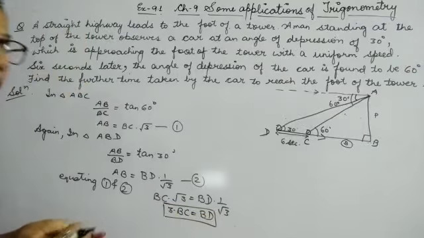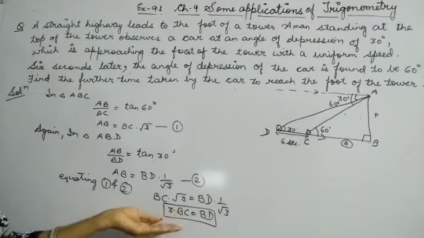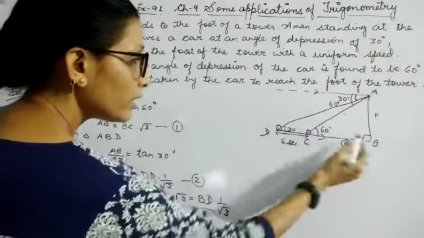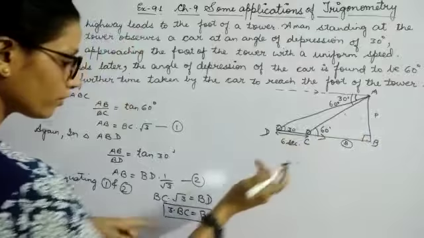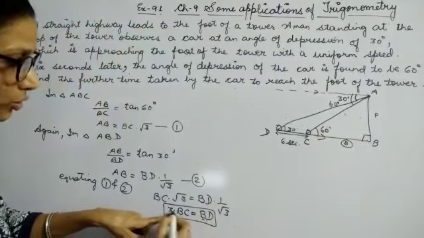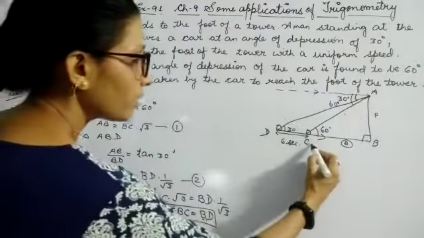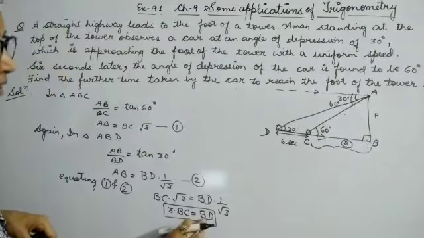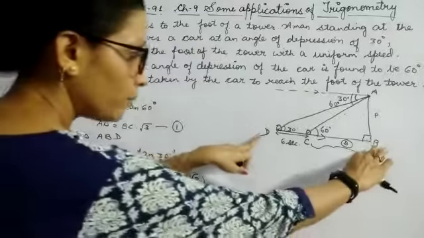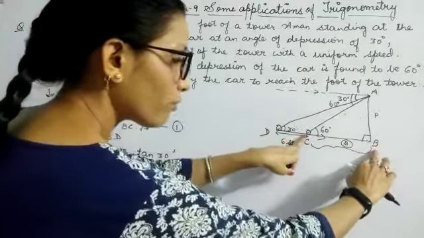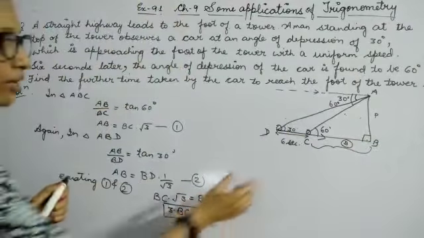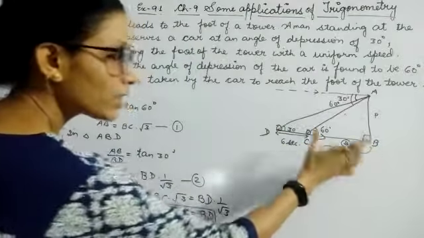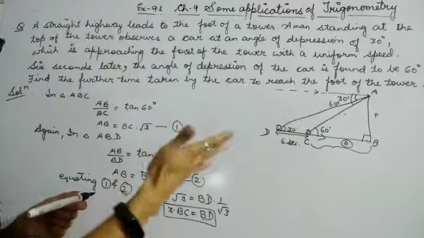Now children, what conclusion can you make here? It is given BD is thrice of BC. That means whatever is this distance, your BD is thrice of it. BD is thrice of BC. That means if he covers CD in 6 seconds, then BC distance will be covered in a multiple of it.